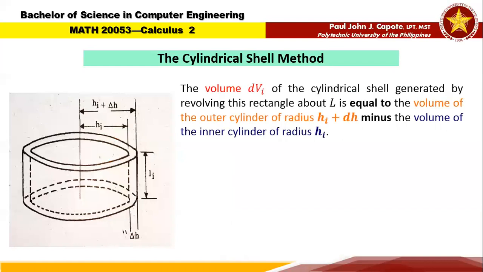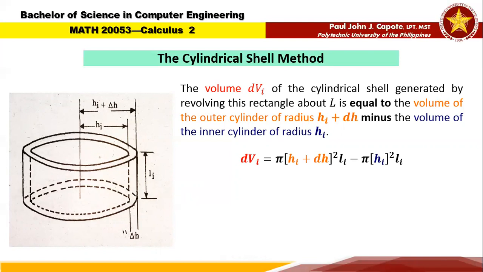Now, the volume dV sub I of the cylindrical shell generated by revolving this rectangle about L is equal to the volume of the outer cylinder of radius h sub I plus dH minus the volume of the inner cylinder of radius h sub I. Or in symbols, we have the volume dV sub I is equal to the volume of the outer cylinder of radius h sub I plus dH. That is